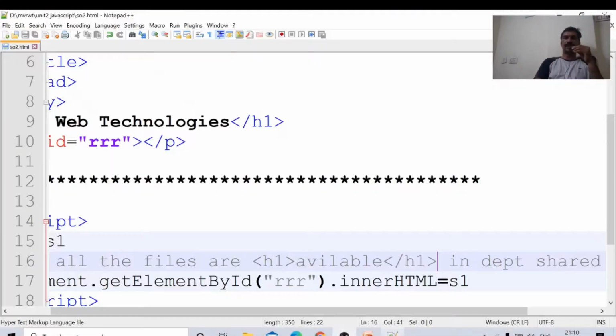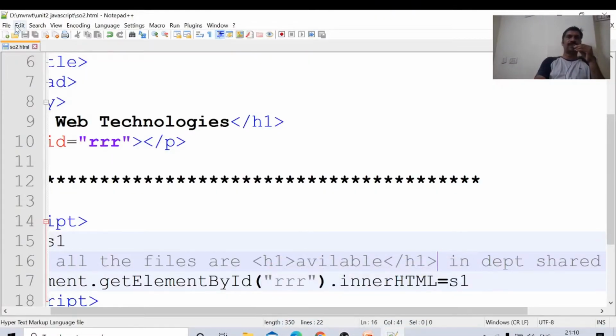We will take two numbers and perform addition, product, and division of the two numbers. We will display the result. Just we will take two numbers and perform basic arithmetic operations on those numbers. We will display the values using the document.write method. For this, I am opening this file. I am saving the same file.